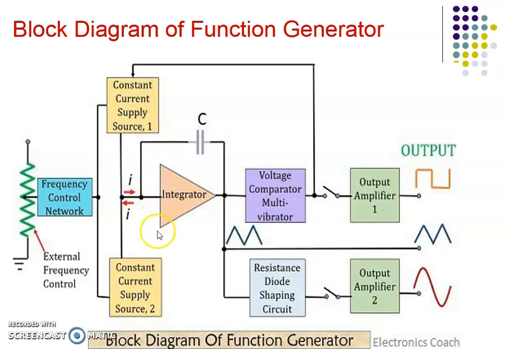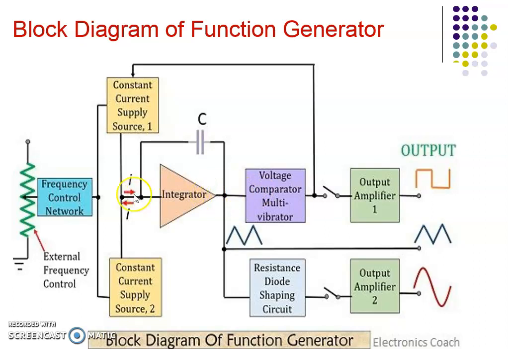So this integrator is just a simple op-amp based circuit. In that, in the feedback side, between pin number 2 and 6 of the op-amp, this is feedback, the capacitor is connected. When the capacitor is connected in feedback, that particular op-amp is called as integrator. The function of integrator is to convert the square wave type of input, that is from the constant current source, into the triangular output.